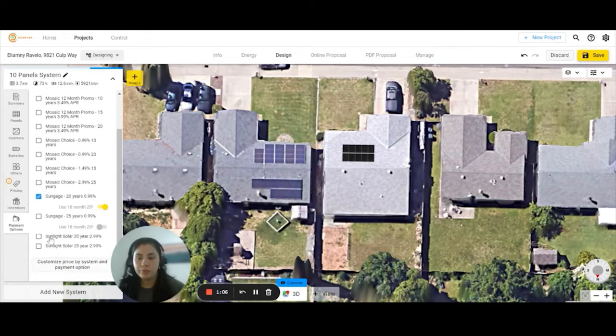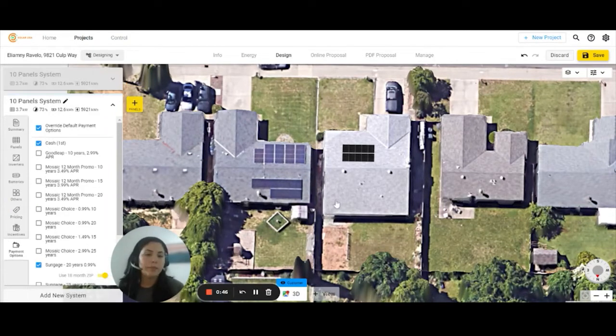Once you're happy with your first system option, let's say you want to show a second system option to your customer, you can come all the way here to the bottom where it says add new system. From here, you can duplicate the system or add a new one. I'm going to go ahead and hit duplicate because I want that same system